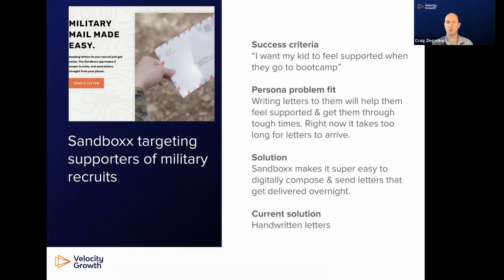Now there's multiple different personas here, but this is for the parent persona. The persona problem fit is writing letters to them will help them feel supported and get them through tough times. Right now, when I send a letter, it takes way too long to arrive. Okay, what's the solution? Sandbox makes it super easy to digitally compose and send letters that get delivered overnight. And the current solution